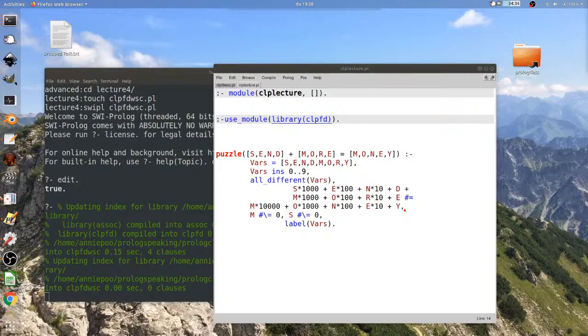So, how many of you have started on the constraint logic programming under finite domains stuff?